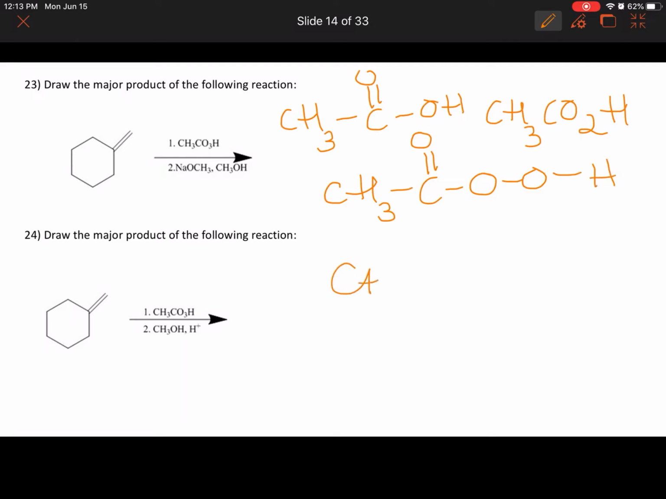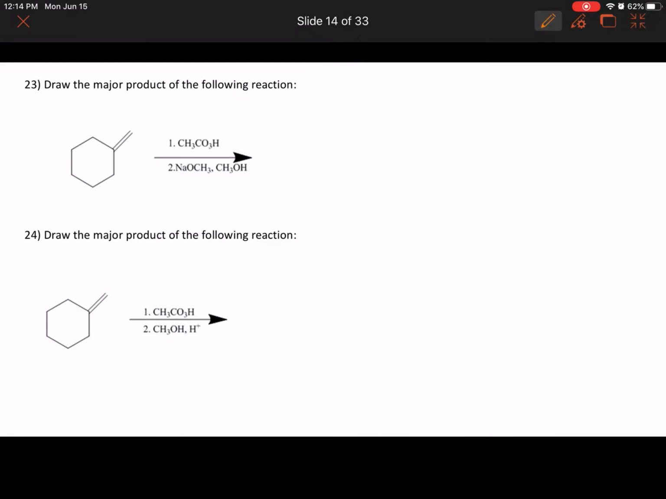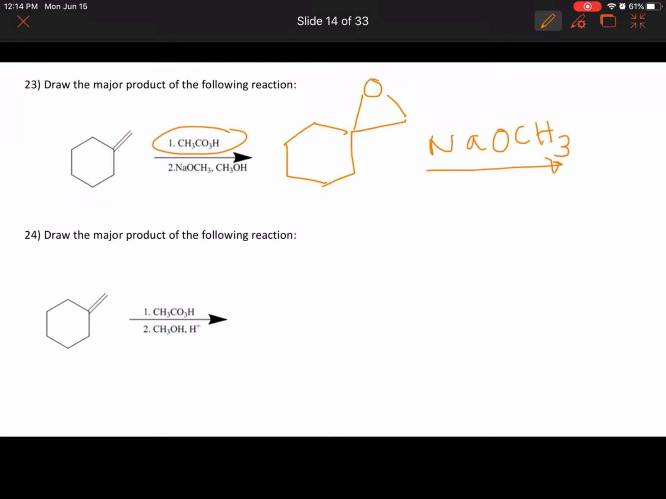Formula would be CH3CO2H. So the peroxy acid, the structure is given here. It has 2 oxygens next to the carbonyl group. Peroxy acids are used to make an epoxide from alkene. There are 2 steps. So the first step is peroxy acid making an epoxide with the alkene. In your second step, you have a